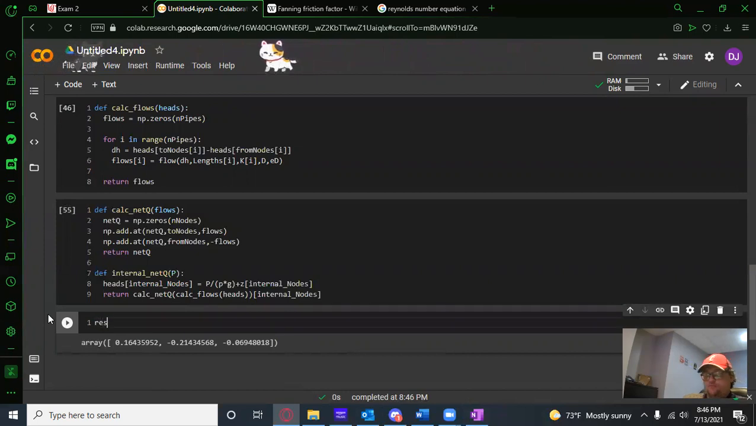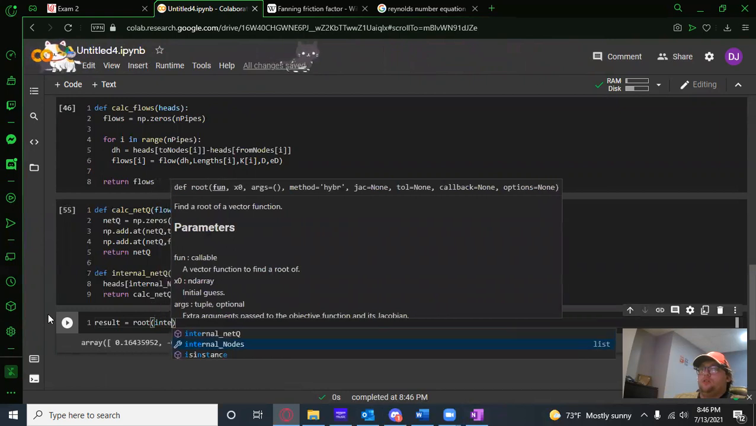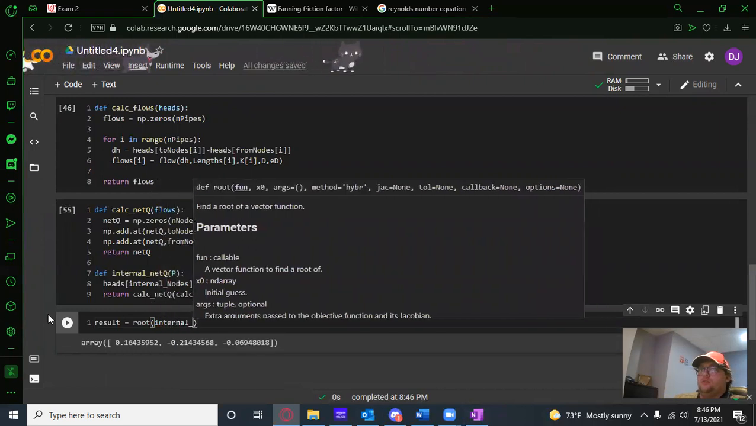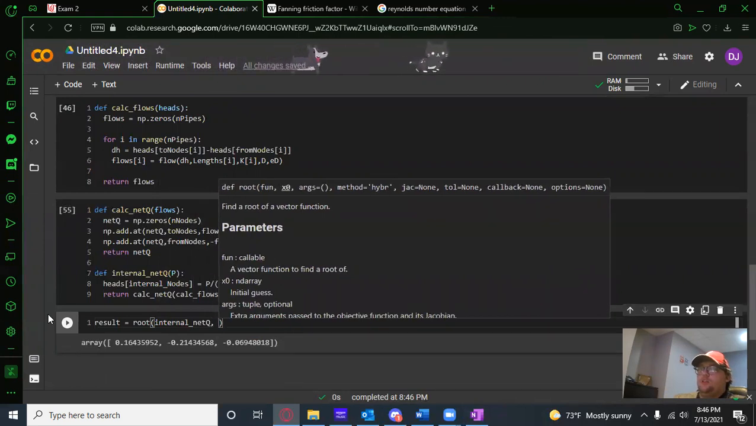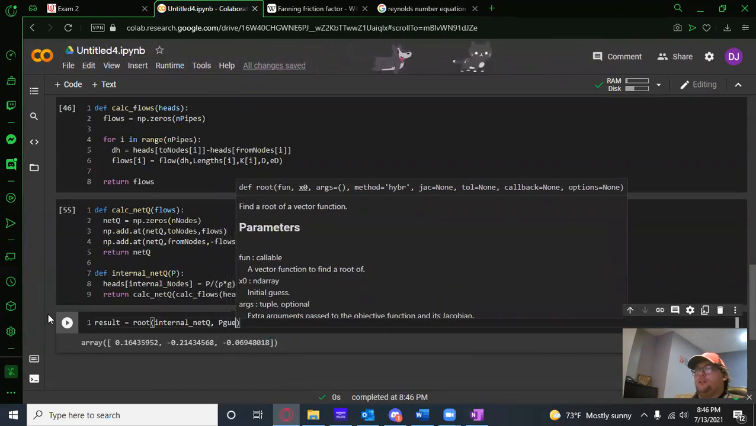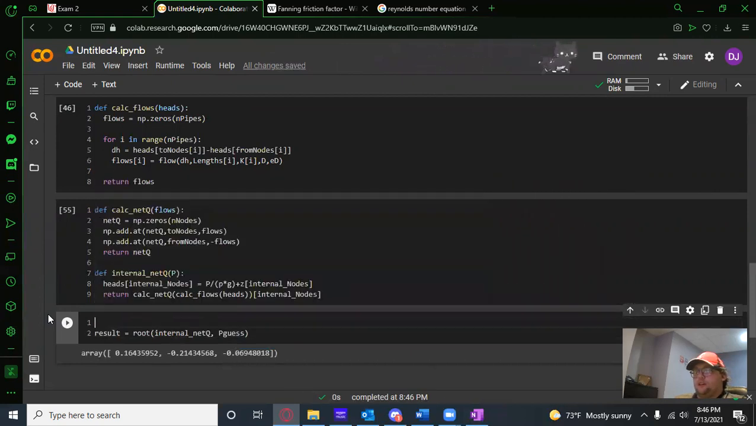So we can do our result variable equal to our root function of internal, no, not nodes, net Q. And we need our guess. So I'm going to put P guess here for now. So to calculate P guess,